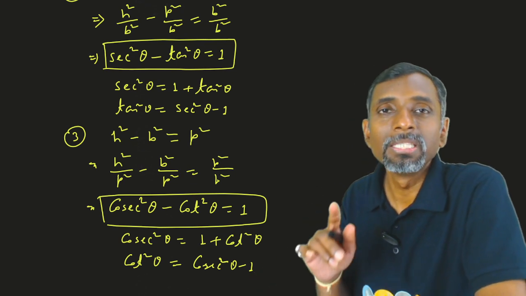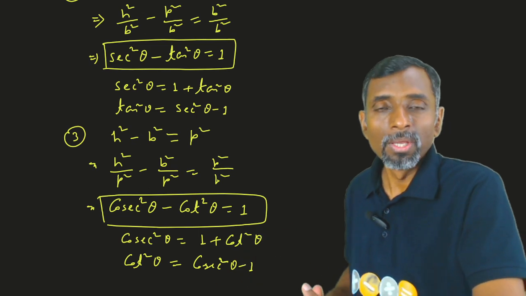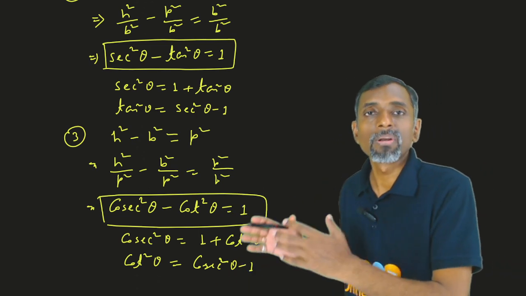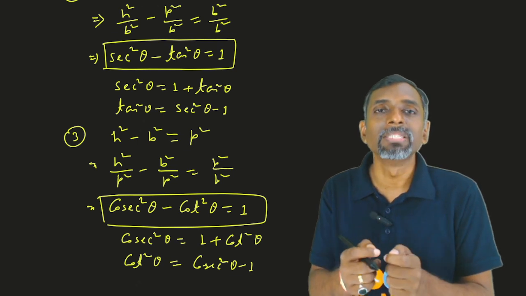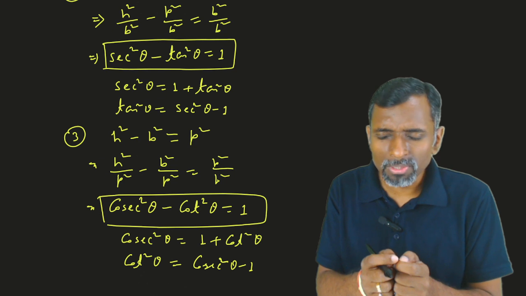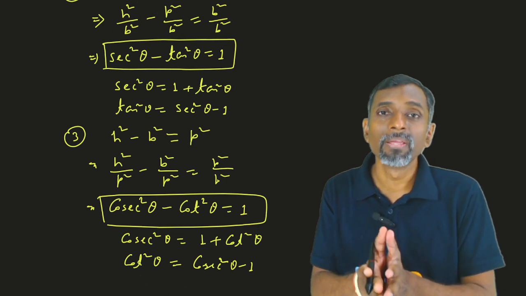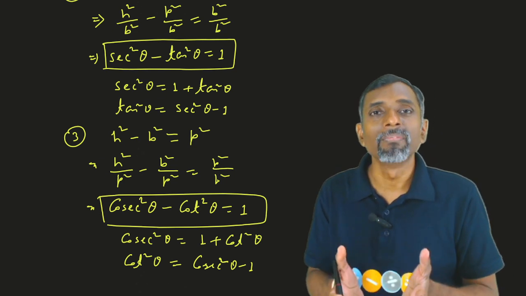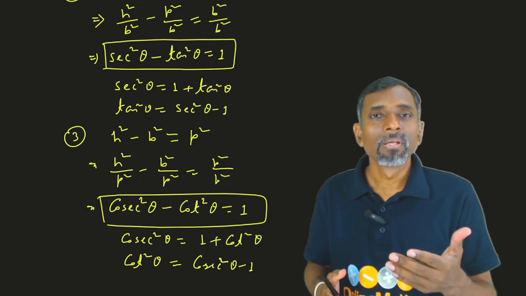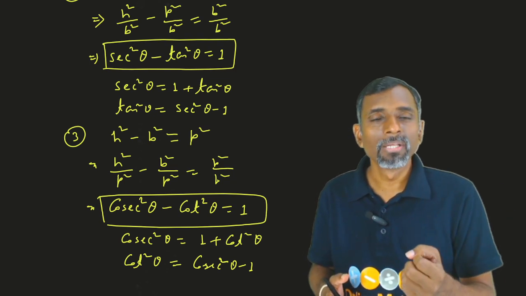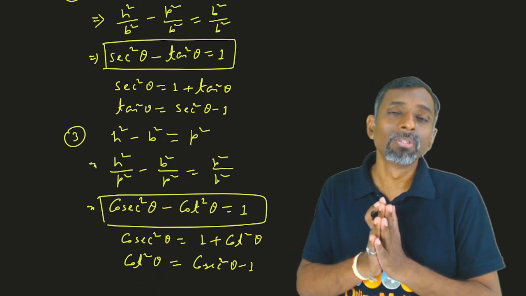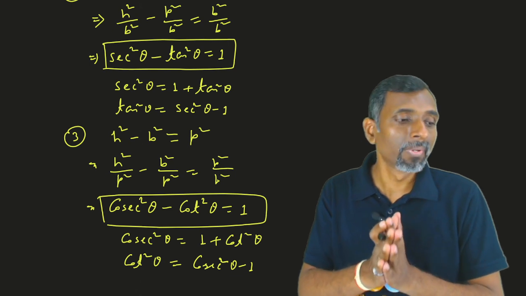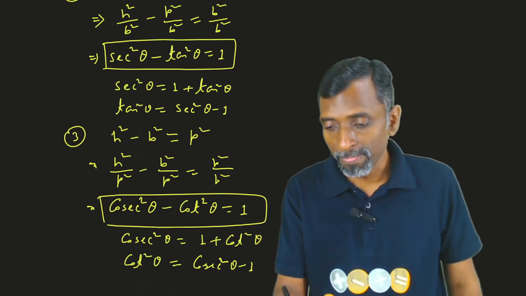But the idea is very simple, that is Pythagoras theorem. If you are practicing these things in your rough notebook, you will remember this. Don't just memorize 'sin square theta plus cos square theta is equal to 1'; this is not the way to memorize the formula. Try to derive. Take a rough notebook, write the Pythagoras theorem, divide both sides, try to simplify, and practice two or three times. You will get the identity and you will remember the identity, right? Done.